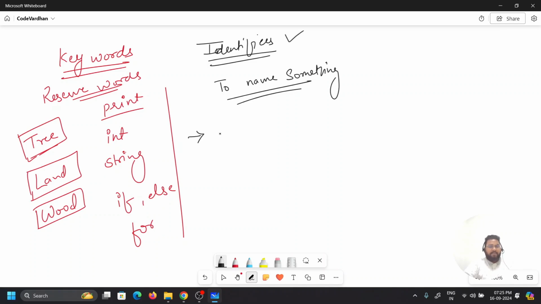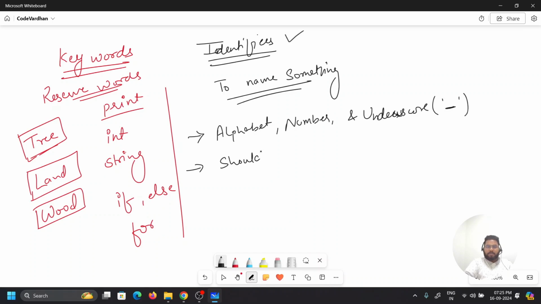Point number one, whenever we are working on an identifier, we should make sure that the identifier only consists of alphabets, numbers, and underscore. Second, it should not start with a number.